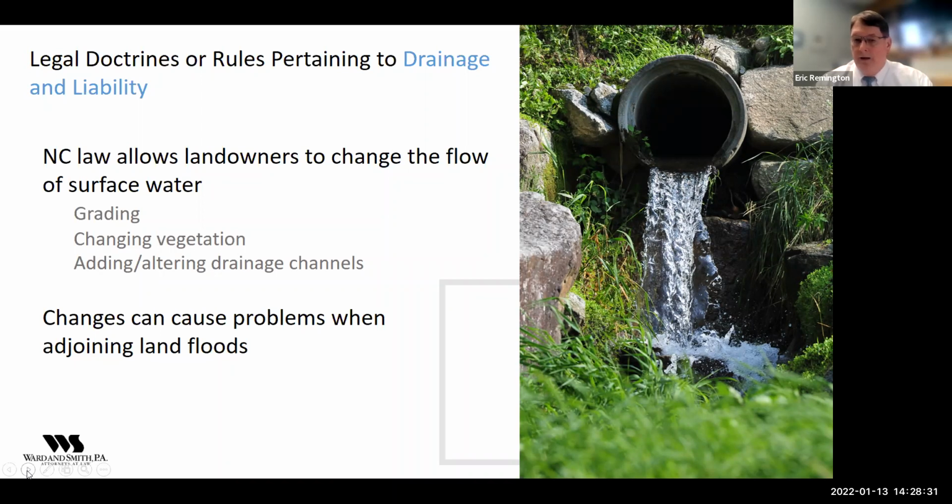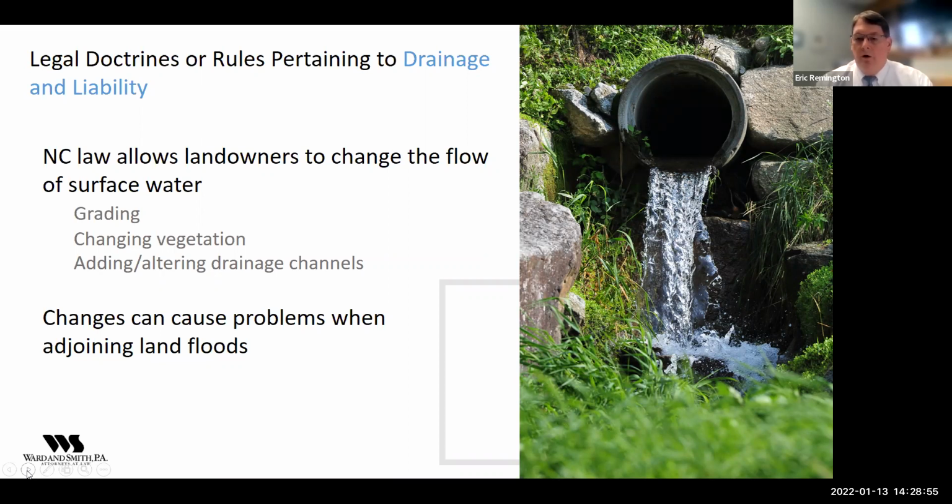And the way that they do that, as Amy talked about, is that they start with a plan for a subdivision or a commercial development. And then there's grading that's done. They may change the vegetation from being a fully wooded tract of land to being basically a bare tract of land with buildings and impervious surfaces on it.